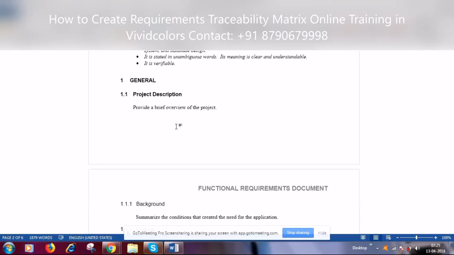But now they are trying to reduce the documents and focus on the development aspects. Back in those days, they had BRD, FRD, high level document, low level document, descriptions, everything. But whether they are using it or not, let's have a fair idea about what the documents are.